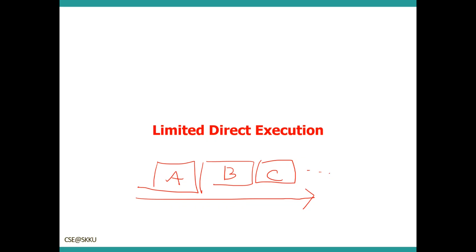However, there are a few challenges in building such CPU virtualization. The first is performance. How can we implement virtualization without adding excessive overhead to the system? For performance, the program must run directly on the CPU. So the application can be executed directly on the CPU, and we call this technique direct execution.